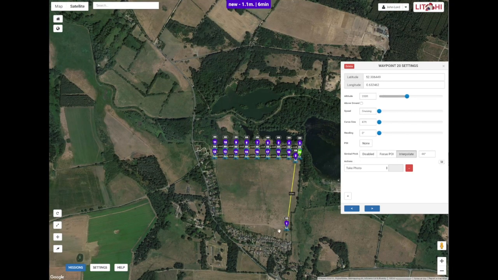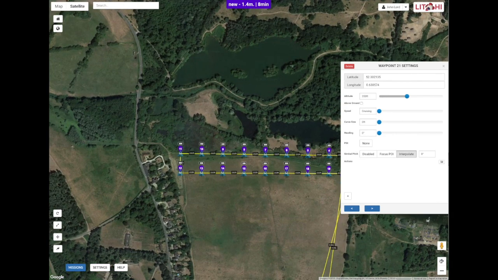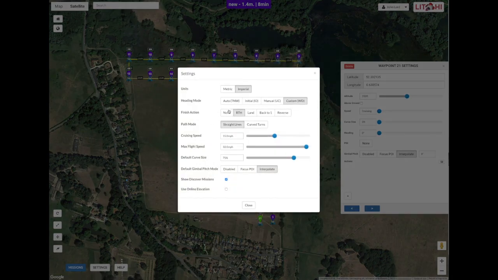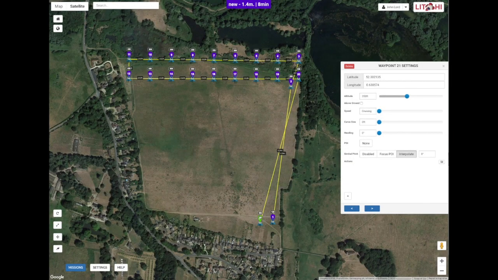If I put the waypoint back in, then it is going to show me the 8 minutes again. So that's why I always have the finish action set to none, and I always have a waypoint close to my takeoff point. Anyway, that's the first little tip that I've got for you,